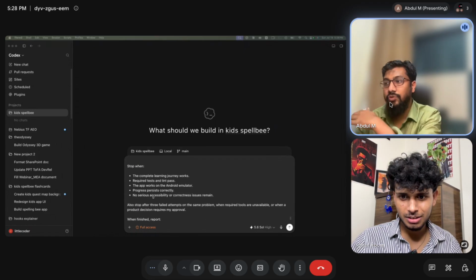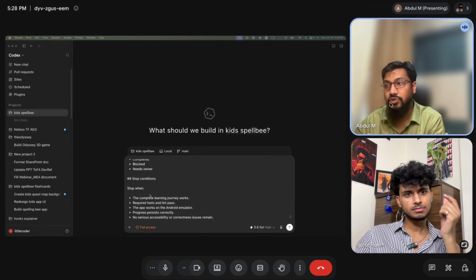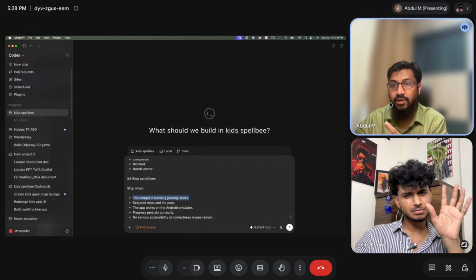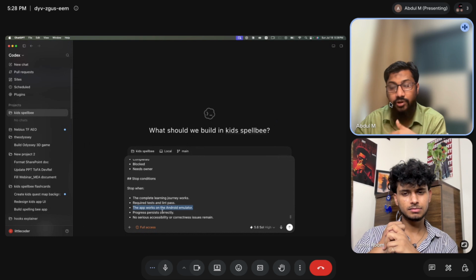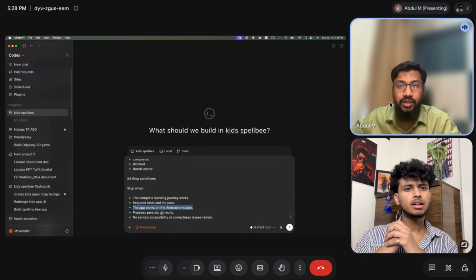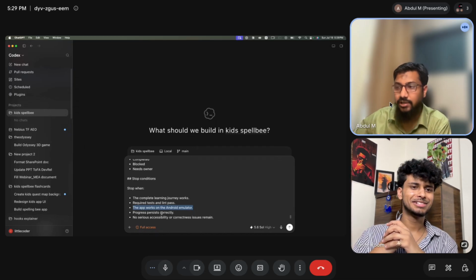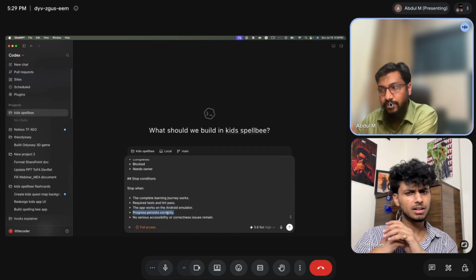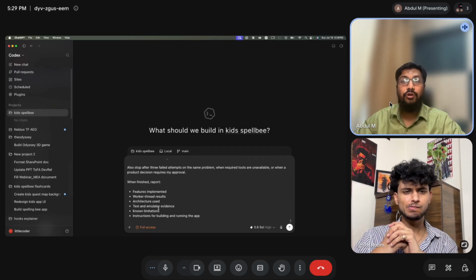Yeah, so you also want to give a stop condition. You don't want the loop to be infinite. So you say stop when the learning journey completes, stop when the tests are finished, or when progress is happening persistently. If there is no progress, imagine I want to become a chess grandmaster and I'm trying every day for 5 years, and I'm still terrible at chess. I shouldn't continue down that path, right? So the progress has to be there, and then you're finished. This is a very broad way of doing loop engineering.